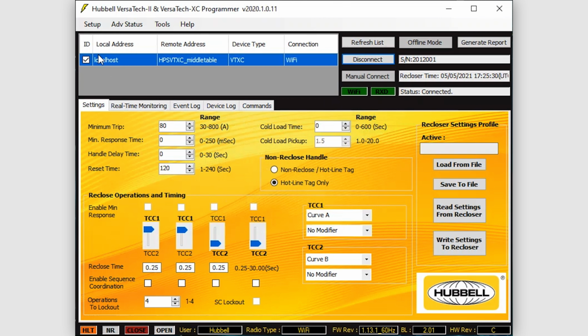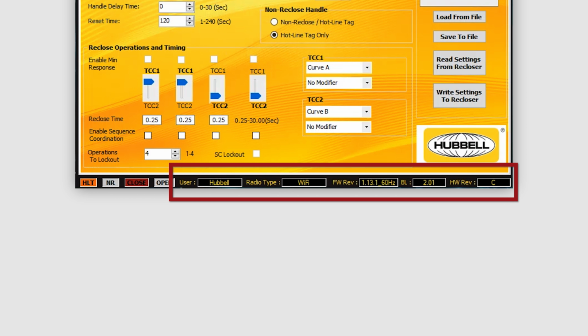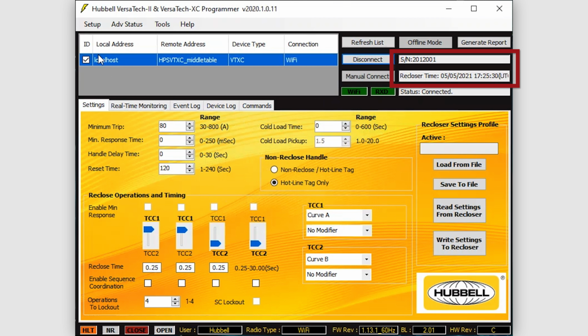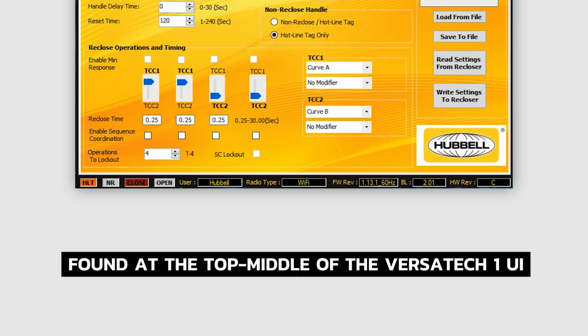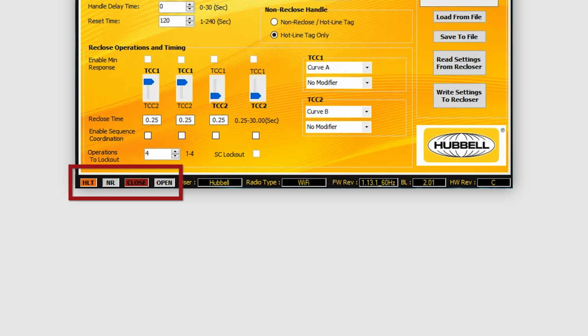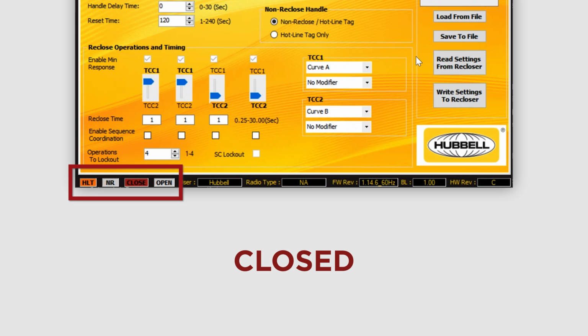On any tab of the UI, the user can view the username, the firmware revision on the control board, the radio type or serial used to communicate with the recloser, and the hardware revision. Additionally, the recloser UTC time and the serial number of the recloser is displayed. Also provided in the Versatech UI are additional indicators to allow the user to know in which state the recloser is. Along the bottom edge of the UI, top middle of the VT1 UI, in the Versatech 2 and XC UI, there are 4 buttons that illuminate if the recloser is currently in that state. These include the contacts being open, green, or close, red, and if the recloser is in HLT, orange mode, or